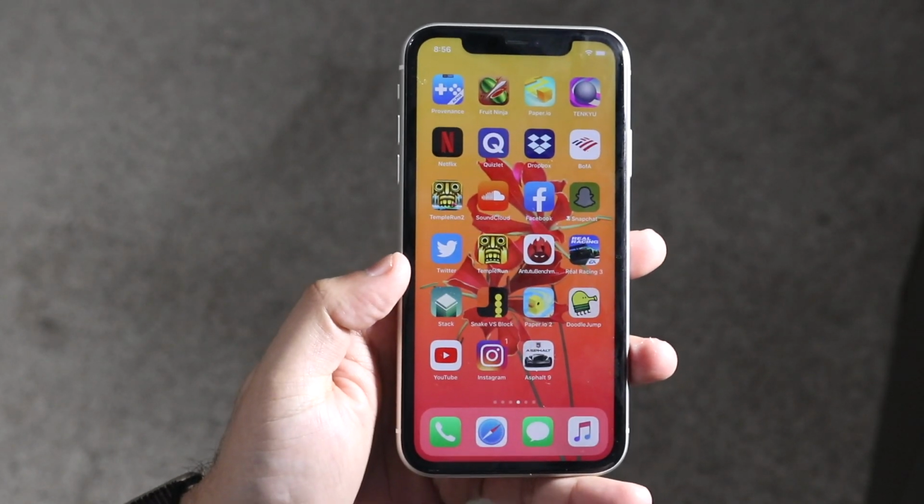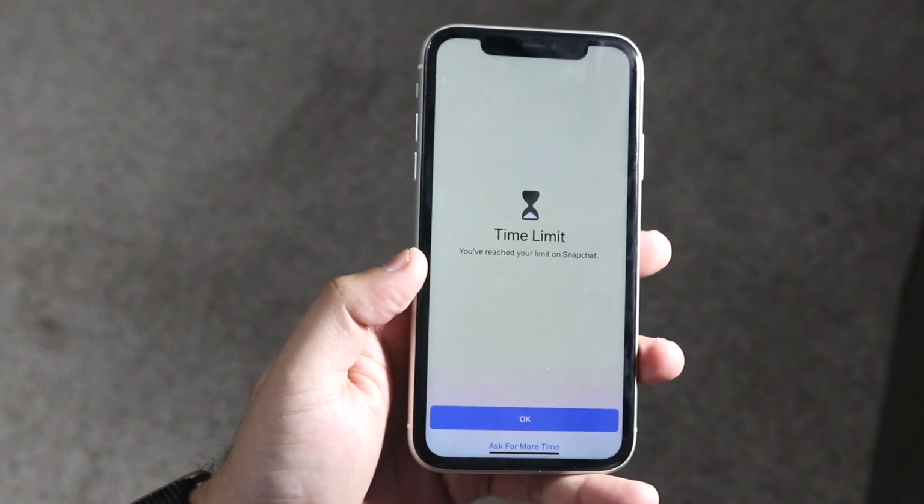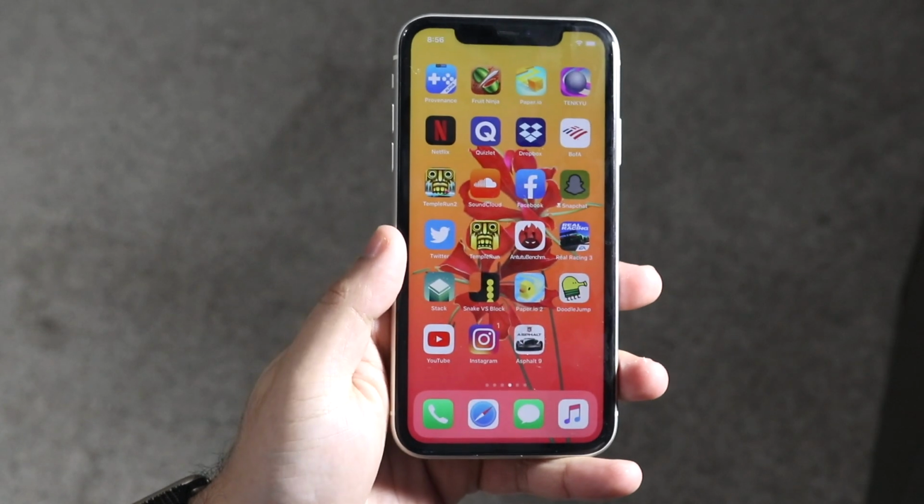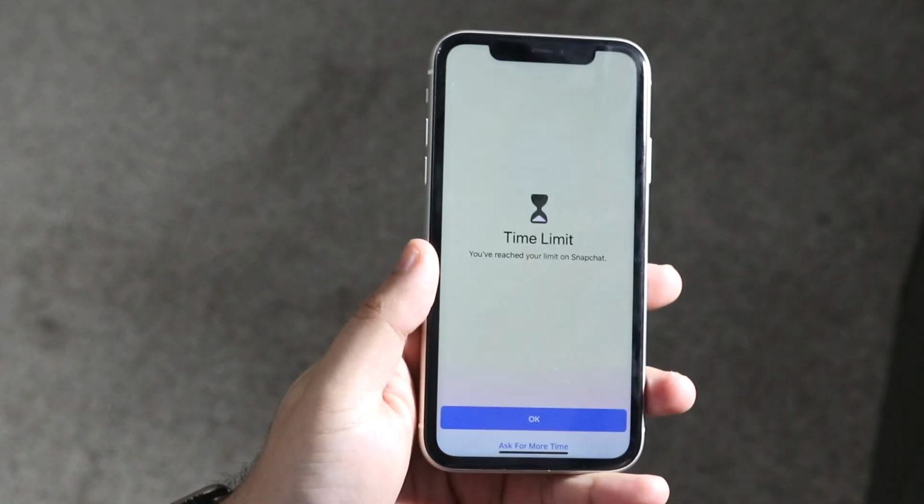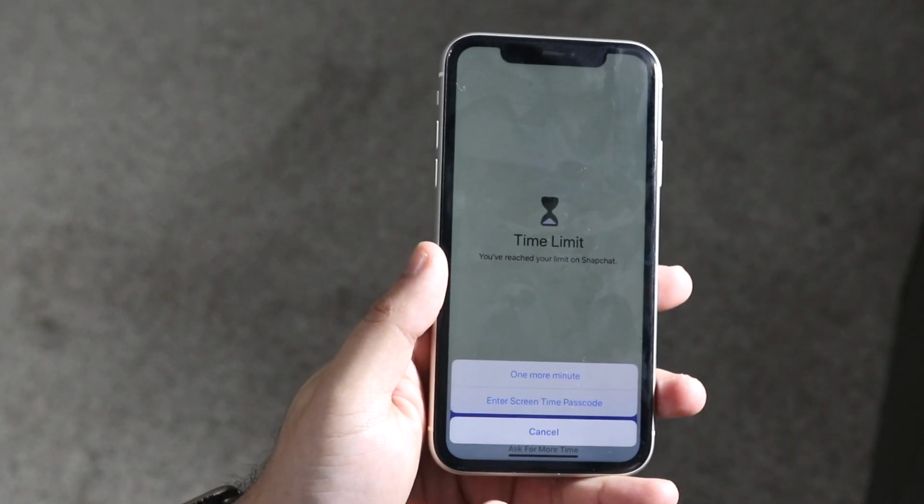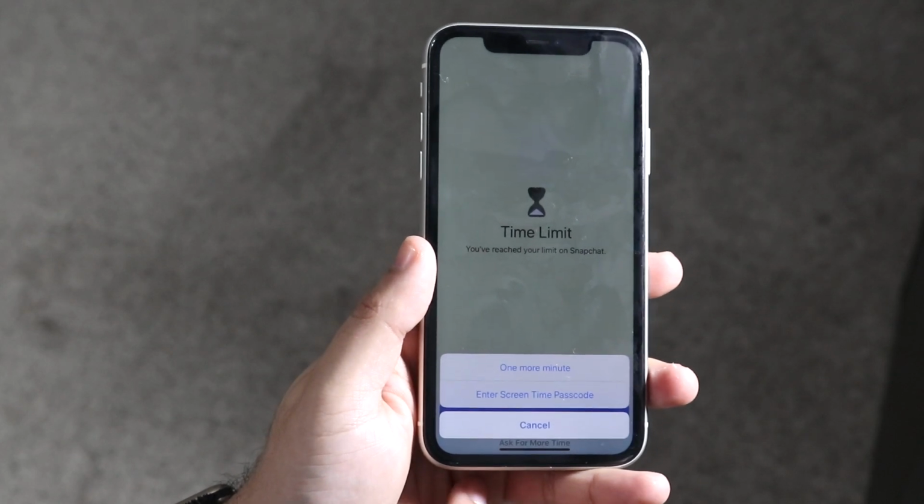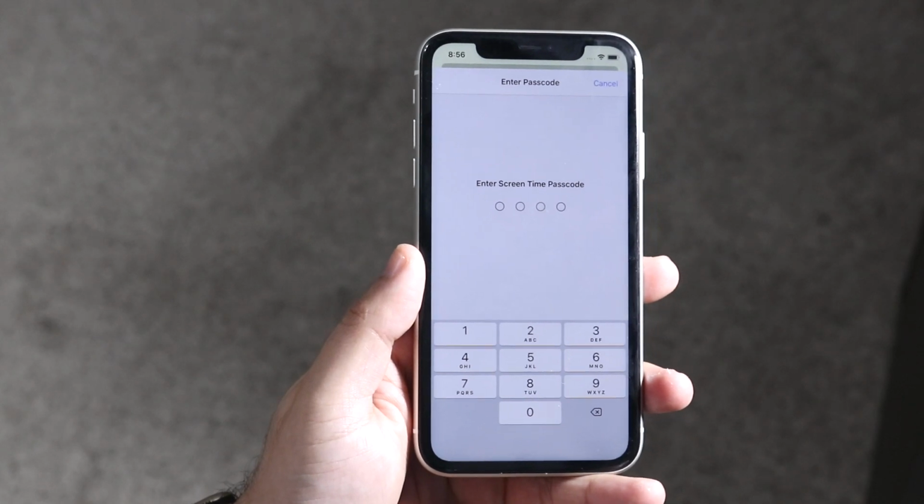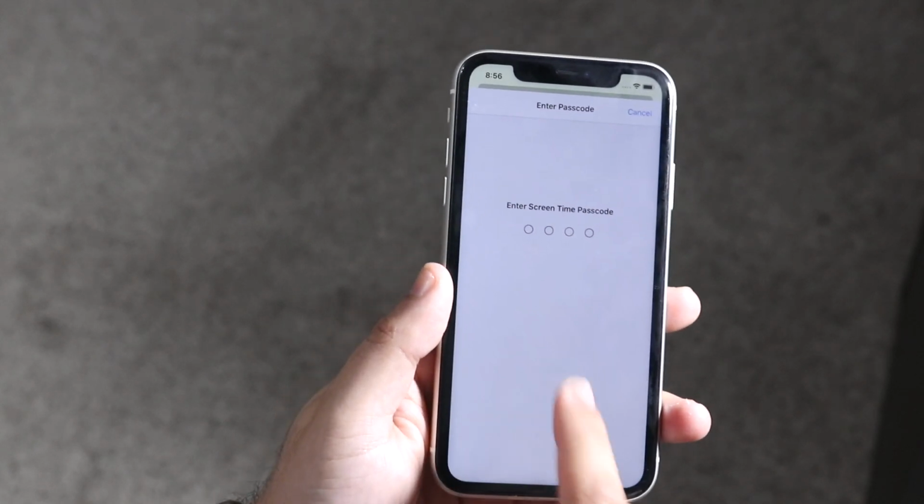in order to actually type it in and use the app. And in order to use that specific app, it is the password that you set up for your screen time. So you can go into your screen time, you can go down into set screen time passcode, which is right here, which I have already done. And then once you go into Snapchat and you go over that set limit, it'll ask you that, okay, you can't go into this specific app